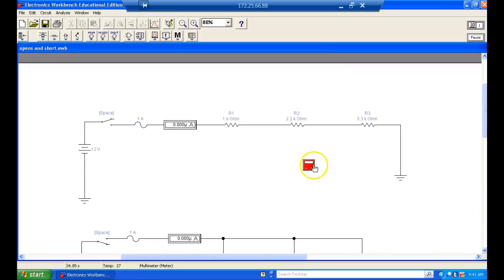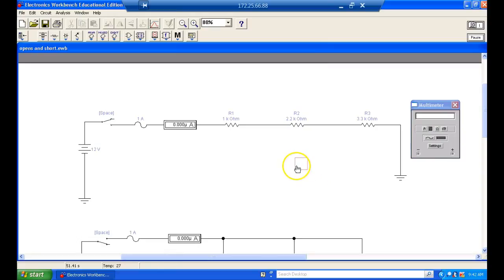So there's my voltmeter, and this is where we can read it. And of course, the first thing we do is check our units. We've got it on volts and we've got it on DC. And so if I measure across the circuit,